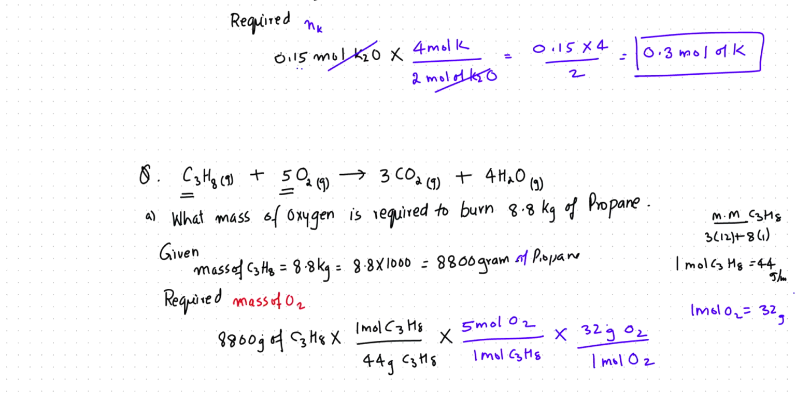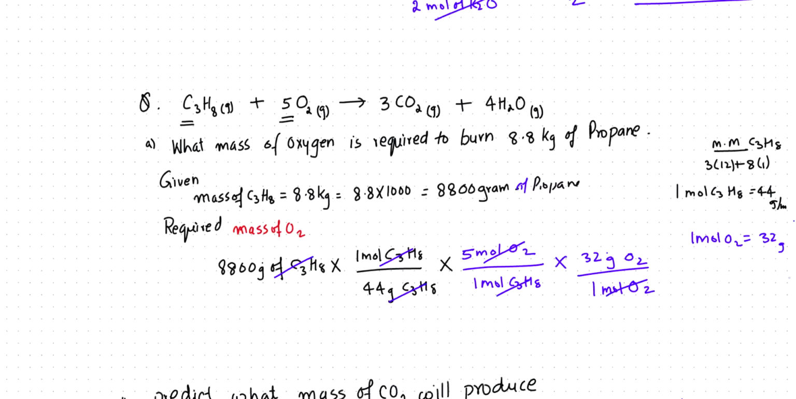Okay, now we cancel the units. So grams of propane cancels. Moles of propane cancels. Moles of oxygen cancels. So for the final answer we have grams of oxygen. So we do the calculations now. So that is 8,800 times 5 times 32 upon 44 equals